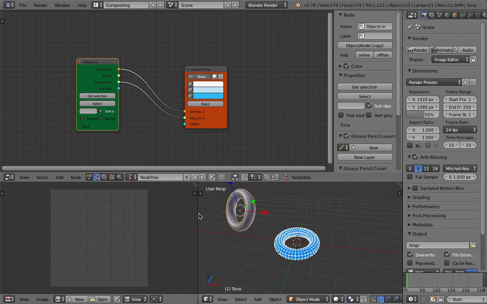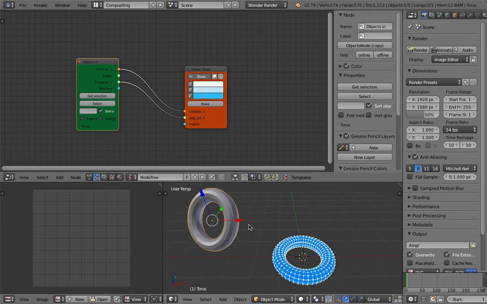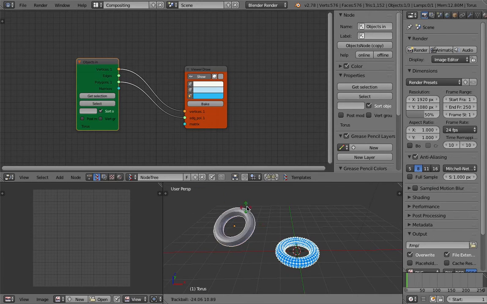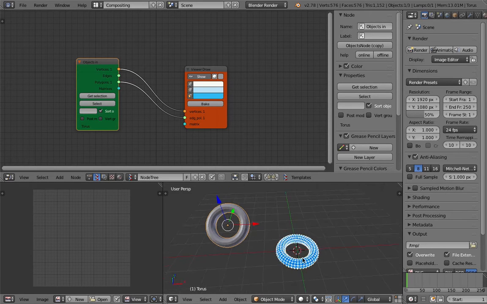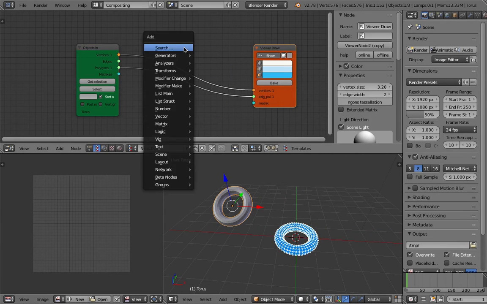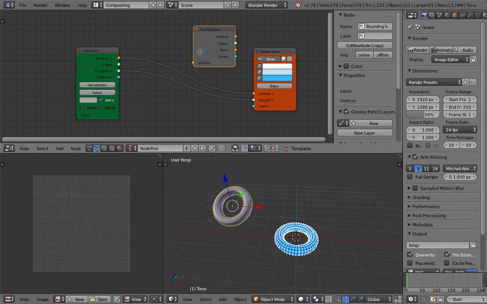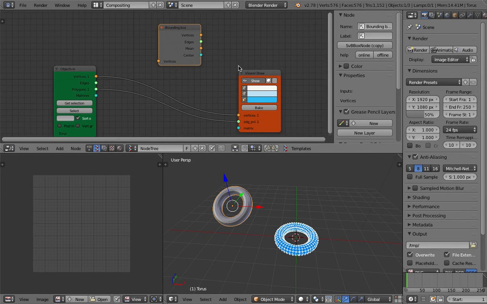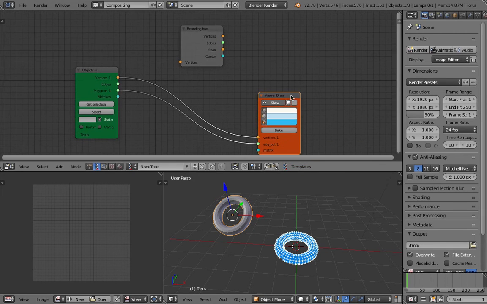The reason that the Sverchok object is not like the objects in the scene is because we need to apply the matrix. So that's the next thing we need to do. Because if we use the bounding box node right now, and I create another viewer draw,